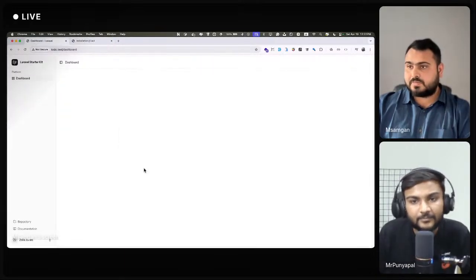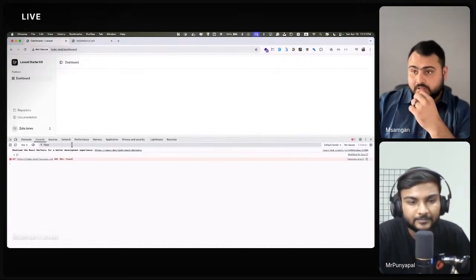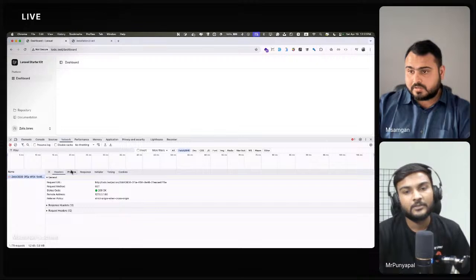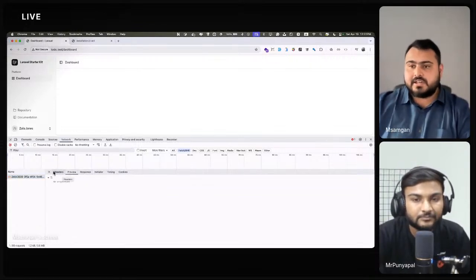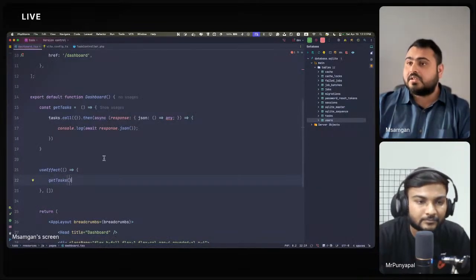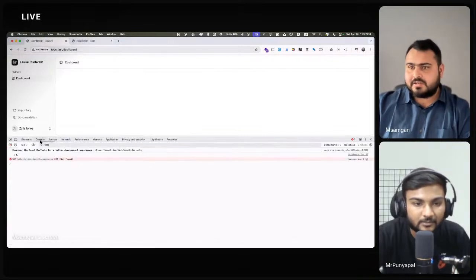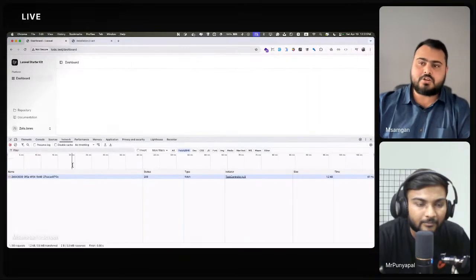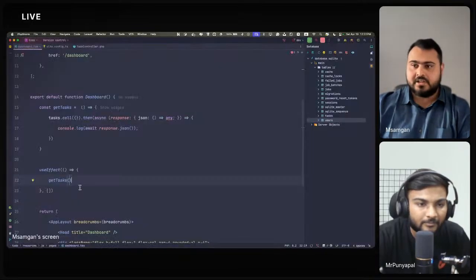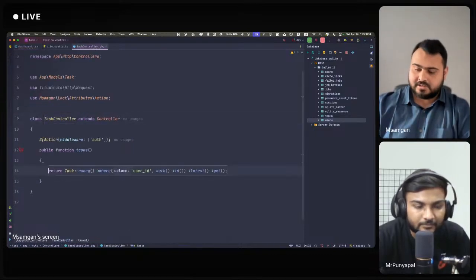You go inspect, console. The call was made, but the data didn't come. I think this user doesn't have any tasks, so maybe I need to create it with the factories. But the call was made to that particular function. Instead, you go to this and put directly here